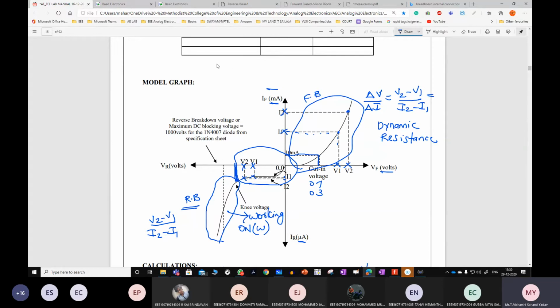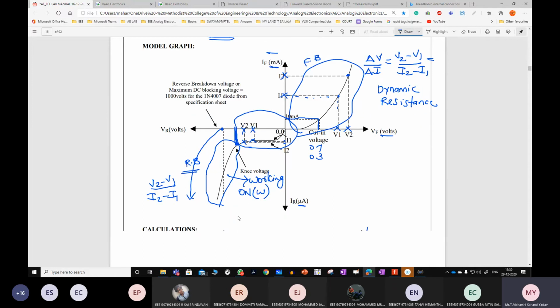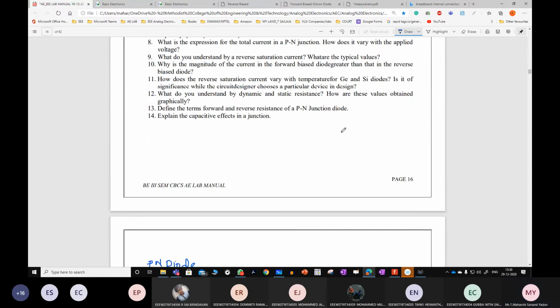Just now we have seen the graphs also. If I increase the value beyond VR, generally we have considered VR as 30, a huge amount of current flows through the diode, which may damage the diode. So in those cases, if I want to operate, we go with the Zener diode.